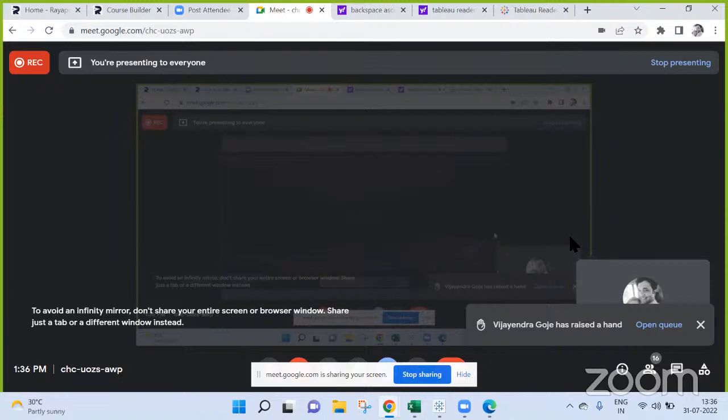It is not as evolved as Alteryx. Alteryx is also an ETL tool, but Tableau Prep is evolving more now, because the product became available only 3 or 4 years back. They did not previously have Tableau Prep, so they introduced it just for small cleansing of the data. But Alteryx is more powerful, and we will compare it with Tableau Prep. When you have Tableau Desktop, Tableau Prep is free for you, so probably companies use it. That is the reason some companies use Tableau Prep as an ETL tool. Here we will be creating the flows.